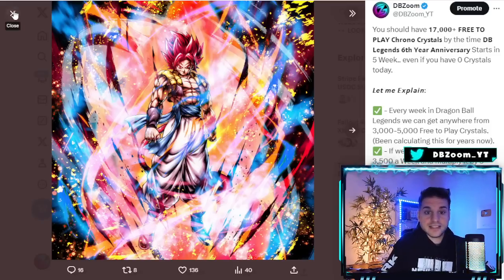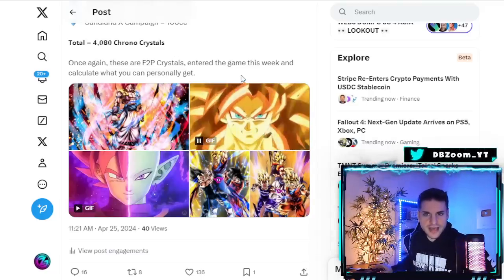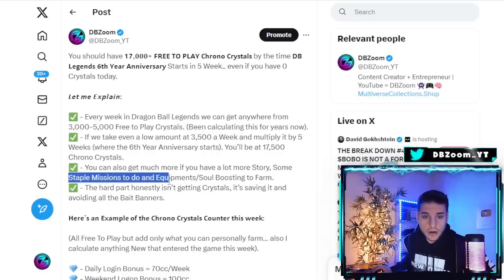Now, with all that being said, these are the free-to-play things we can get this week. And if you're newer to the game, you can farm so much more stuff. If we take a look, there are story missions you can farm, some staple missions you can do as well, soul boosting of your characters, which is a ton of characters, and equipment farming as well. So there's so much stuff you can do, even more and beyond, to farm for Dragon Ball Legends 6th